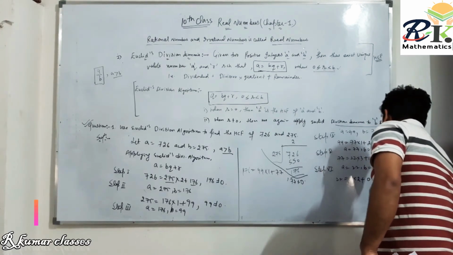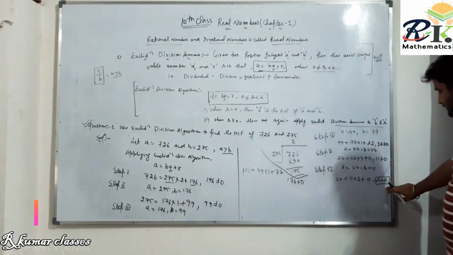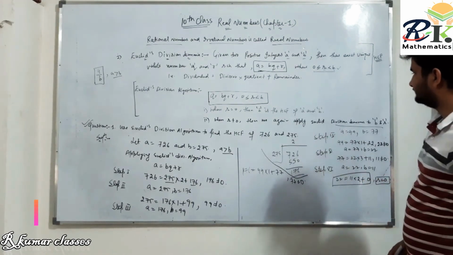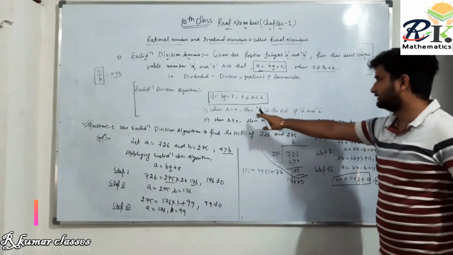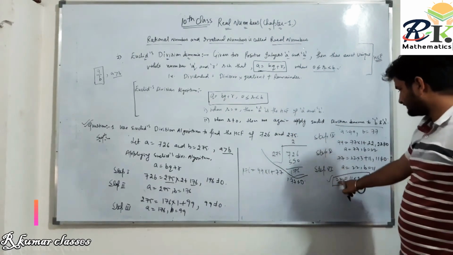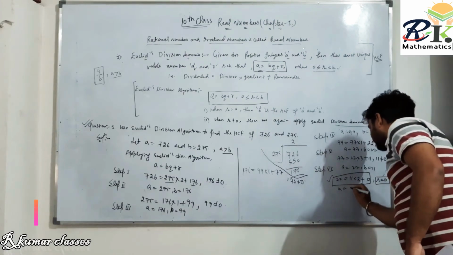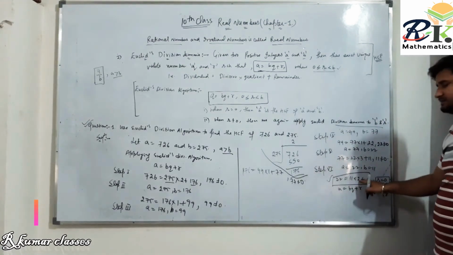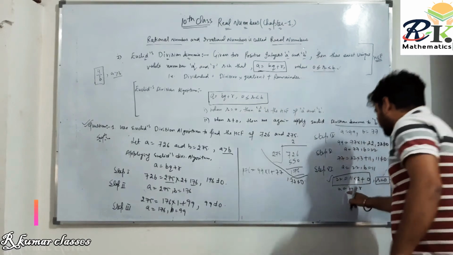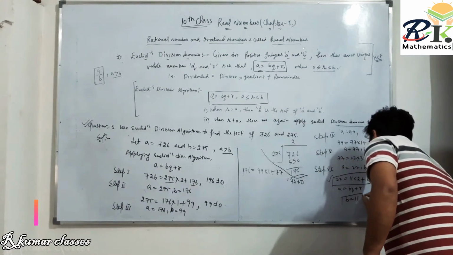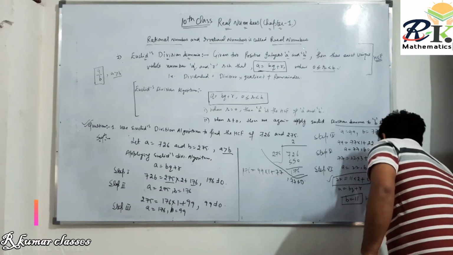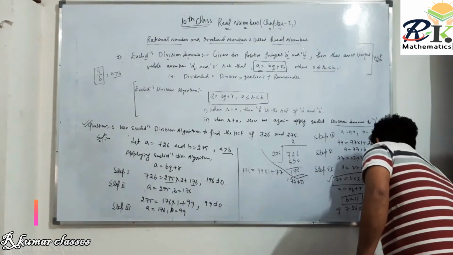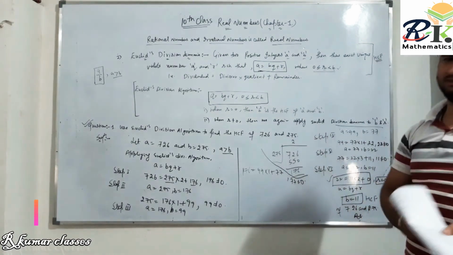So this r is 0 in the last step, step 6. So remainder is 0 in the last step. According to the division algorithm, we say that this b is the HCF of a and b if remainder is 0. In the last step remainder is 0. So a is 22, and we compare with the division algorithm a equals bq plus r, where r is 0, q is the quotient and b is the divisor. So b is 11. So b is the HCF of 726 and 275. This is the answer of this question. So now done.